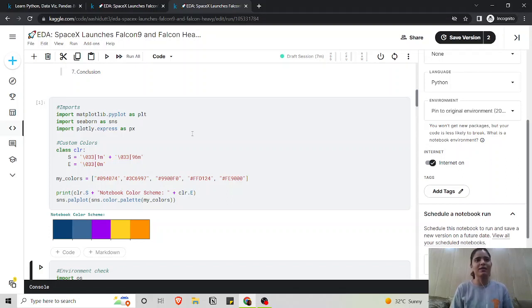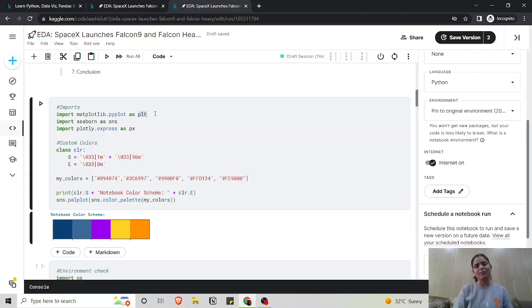So what I did here is I chose my own color palette, and it's really easy. A small code snippet will do the work, right? We have 3 imports over here. My first import is matplotlib, a library that helps you with plotting all those bar charts, those scatter plots, and all those things. You can use matplotlib for those.